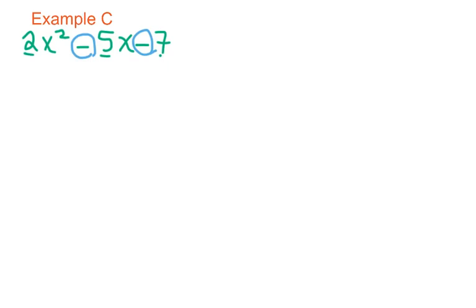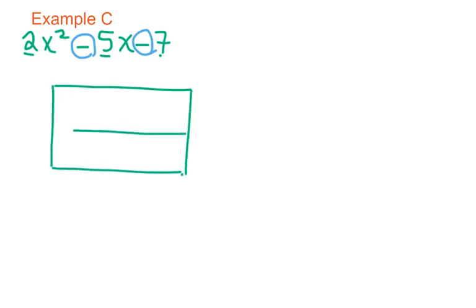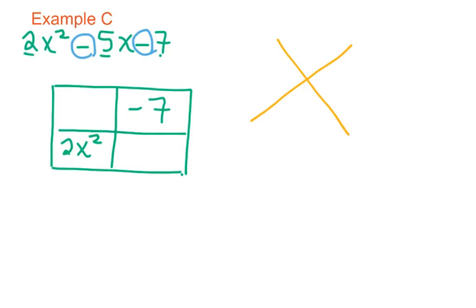So when I go to multiply them and sum them together in my diamond, I capture the right numbers. So again, I'm going to go to my trusty area rectangle. And I am going to write 2x squared in the lower left-hand corner. I'm going to pull my last term of 7 there. I'm going to go ahead and draw my diamond. And I'm going to multiply 2x squared and negative 7 together, which means I get negative 14x squared. And I'm going to pull my middle term right here of negative 5x,